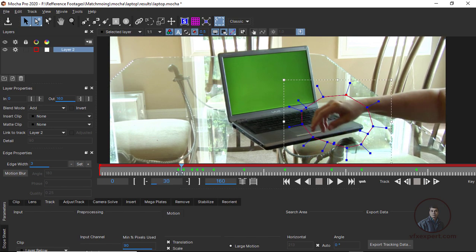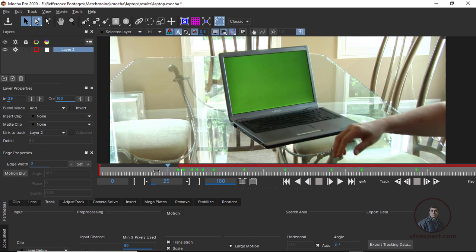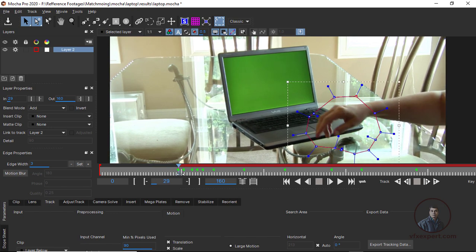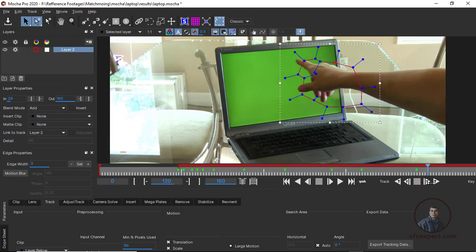For this, just see here, this is your frame 29. If you want to trim your shape, simply select your layer, and downside you will see In points. Now here you can type your frame value. Just type 29. Now see, before this the shape is not visible. From the 29th frame, the shape is visible. Now see like this, like this.